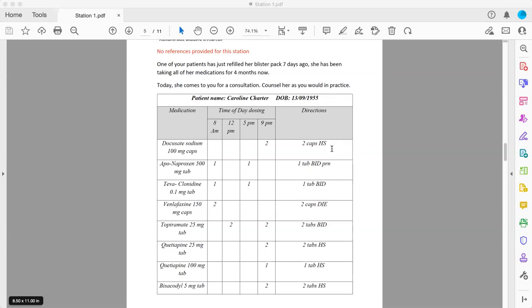Regarding this situation, you asked a very nice question about the naproxen specifically. Any medication that is taken on a PRN basis should be taken out of a blister pack. That's a rule of the blister pack, right? So naproxen shouldn't be put in the blister pack because it's PRN usage. And that's what our candidate here, Nuha, mentioned. She emphasized how I take it, why, and how often. I told you that the other pharmacist before used to put it in a vial, and now the other pharmacist put it in a blister pack.